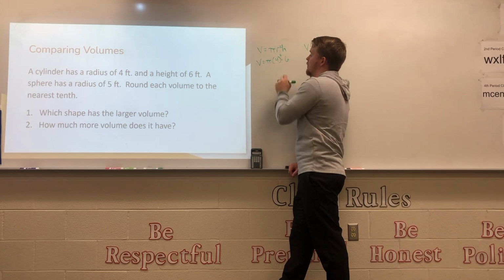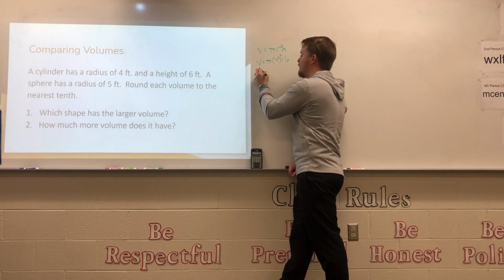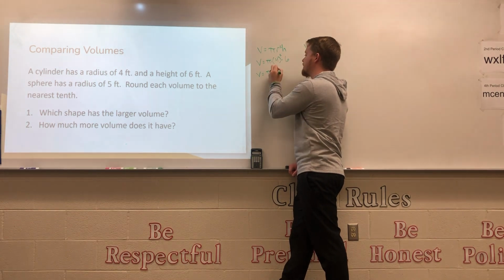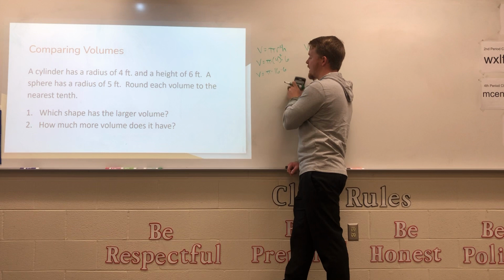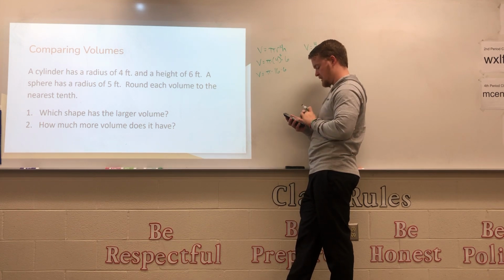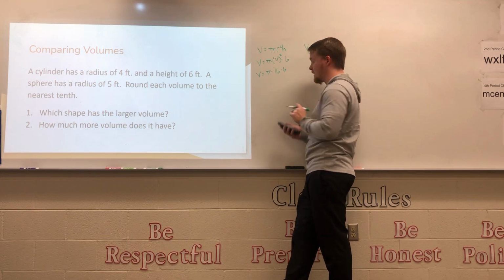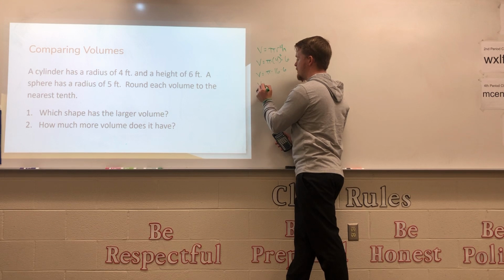Alright? Now we simplify the exponent. V equals pi times 4 to the second power is 16 times 6. And then I'm going to multiply that out in my calculator. Pi times 16 times 6. So V equals